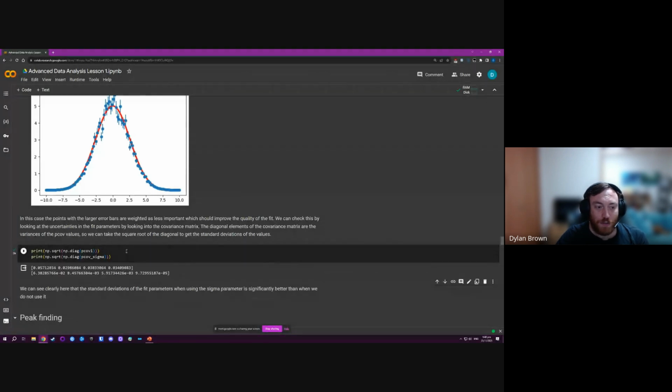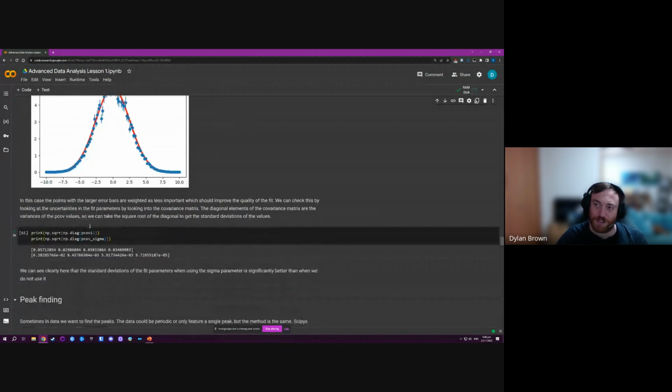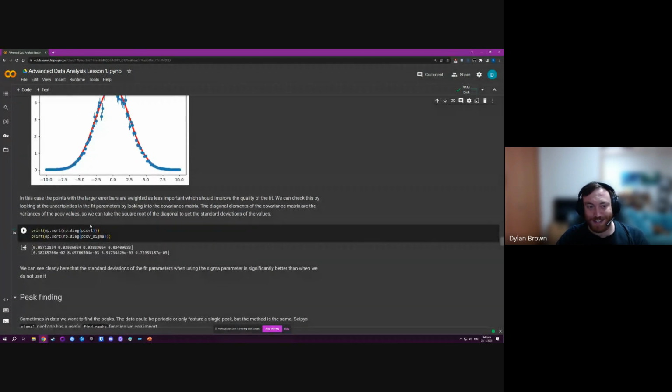We can check that by looking at the result of this fit, by looking at this thing here, which I haven't talked about, called the covariance matrix. I've included a link to the covariance matrix somewhere in this document. It's complicated to understand, so I won't describe the whole thing, but the important thing is that the diagonal parts